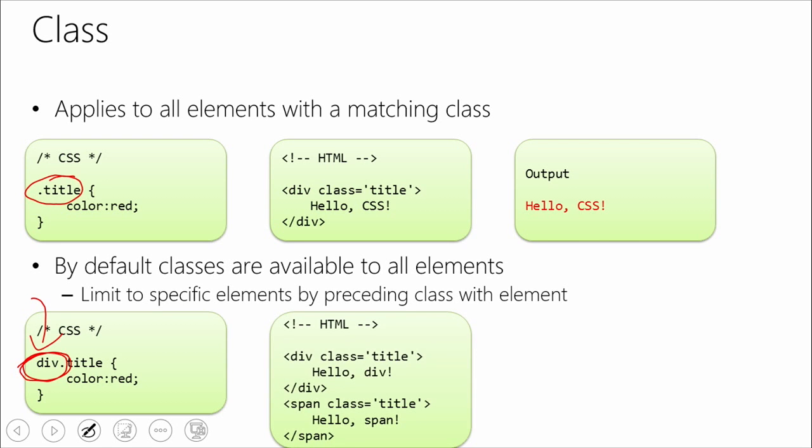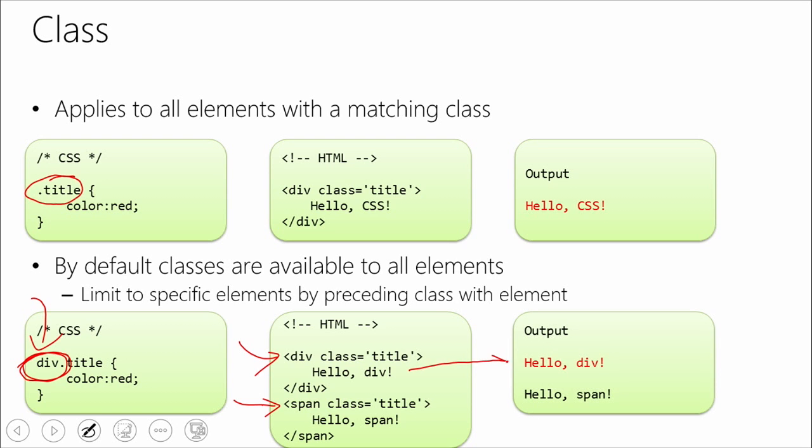So inside my HTML example, you'll notice that I've got a span tag here, and I've got a div tag here. So the result, when this is all printed out, is that it will apply to my div, but it's not going to apply to my span. So my span is going to be whatever the default color is, but my div tag will actually have our